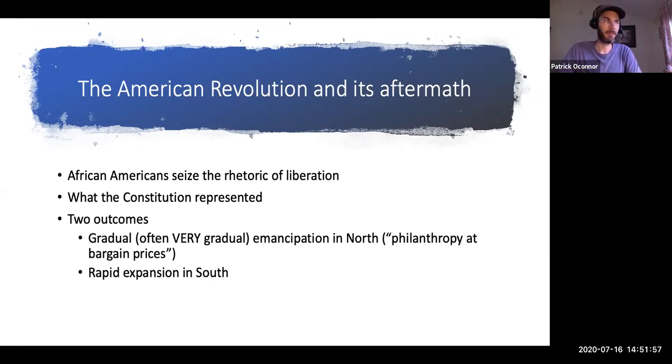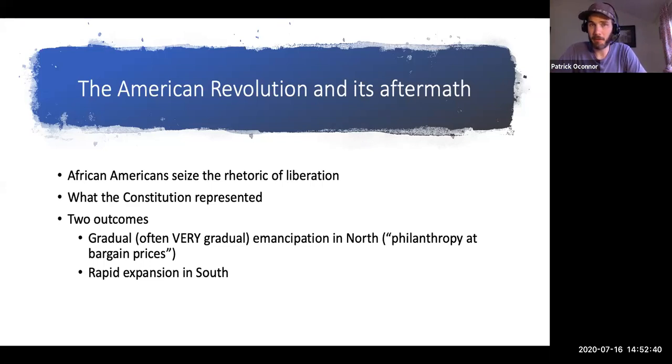Okay. Another way of thinking about this is the slow creation of what we think of as the free North. And I say what we think of because when we tend to talk about the Civil War era, as we will later in this class, we always say the North was free and the South was slave. That was a process. The North became ostensibly free because of a series of laws that are passed to end slavery in those colonies. It varied from state to state. In general, between about 1777, in the middle of the Revolutionary War, and 1804, every state north of Maryland took